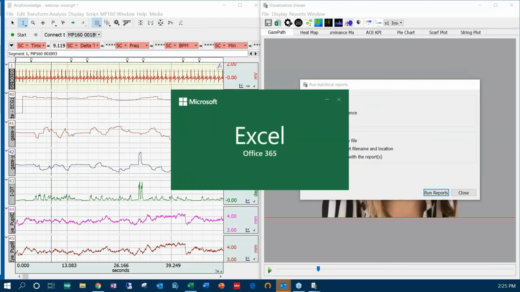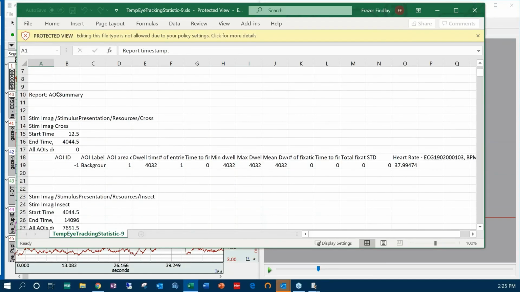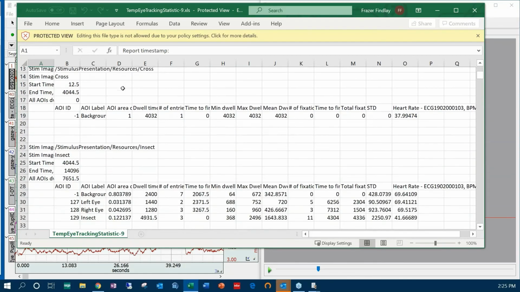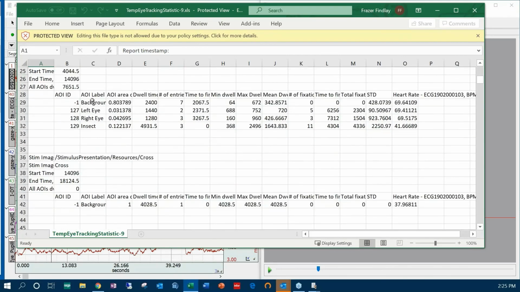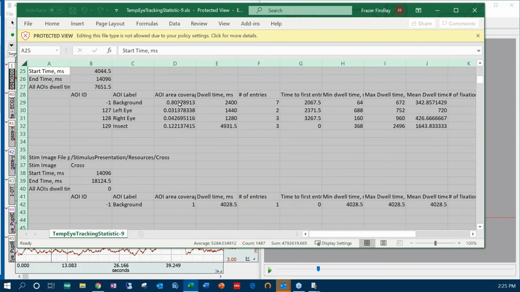There we go. So you get the information about the report, the date, you get the summary. This is just the cross. This is the insect. So the labels that I gave for each of my areas of interest. If I just open this up a little bit. There we go. So the area of interest coverage, the dwell time, the number of entries, the time of first entry, the minimum dwell time, the maximum dwell time, the mean dwell time,